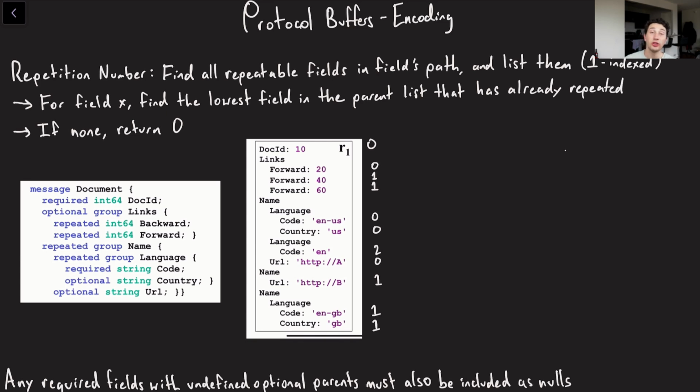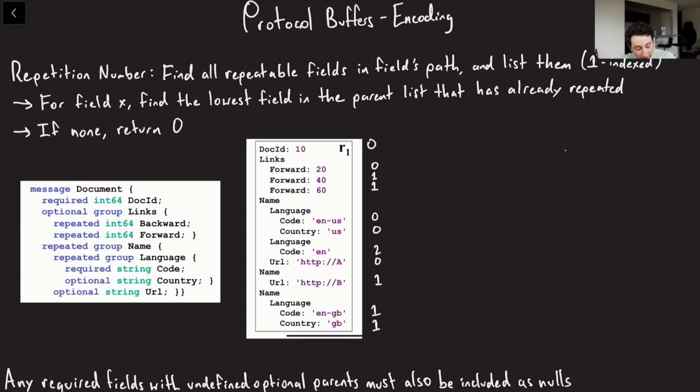It defines a couple of numbers, one called the repetition number and one called the definition number. So I'm going to explain right now how you would compute the repetition number. This is going to first start with me giving the high-level algorithm of how you would do it, and then from there we'll go through an example, because again, it's really not explained too well.